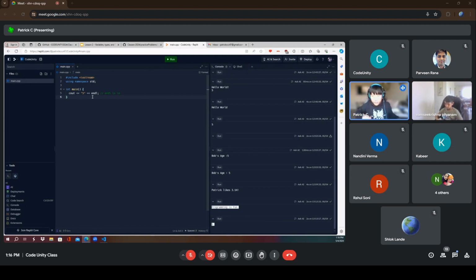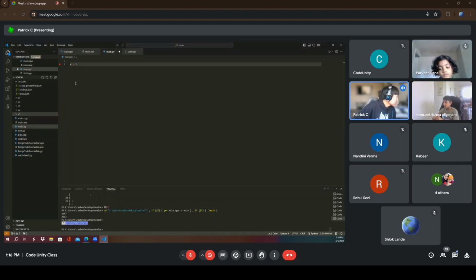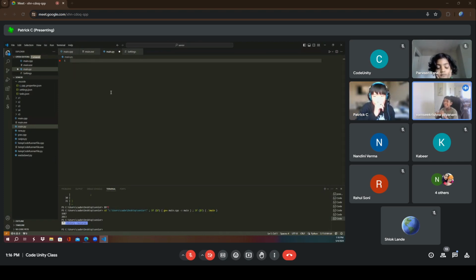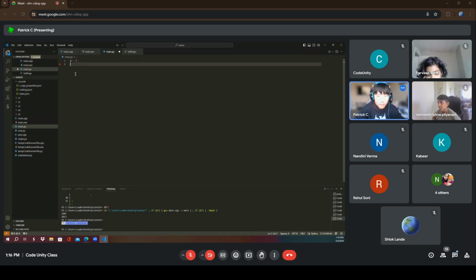So really there are benefits and negatives to both languages. Python has easier syntax. Okay, so this is Python right now, and let's say I want to make x equal to 5. I just say x equals 5, and that's it. That's really all I have to do in Python. It's pretty simple.